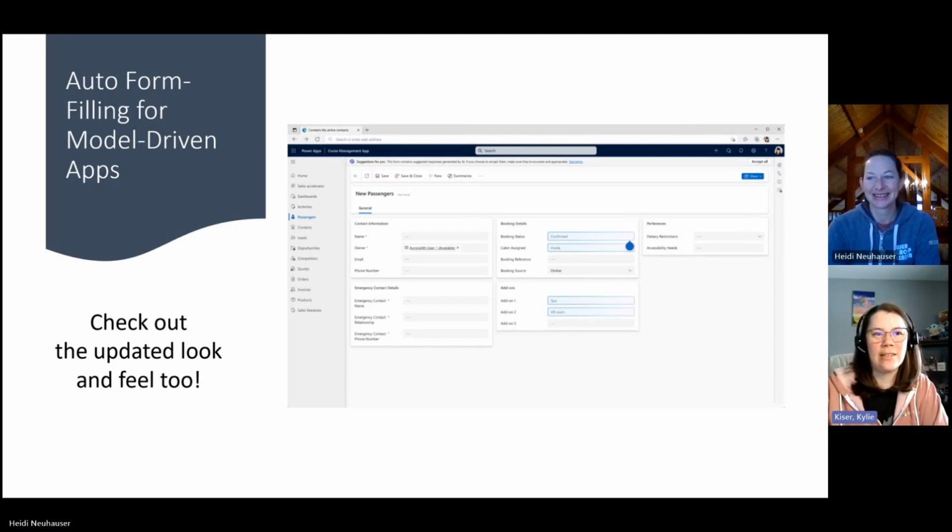And I think we'll continue to see this improving in other areas, right? And improving with our integration and with Copilot. The other thing you'll notice on this screen is it looks a little bit different. So we also had announced a new look for model-driven apps. So, yesterday, today, right? Your app is very, very white, but they're introducing some more dimension back in, some more shading